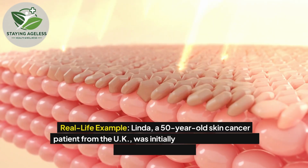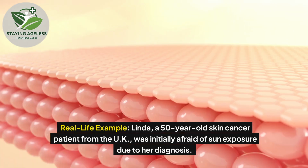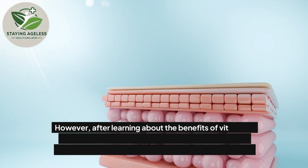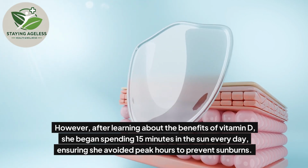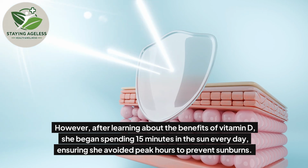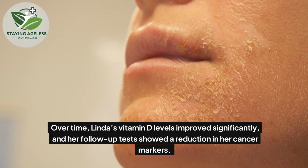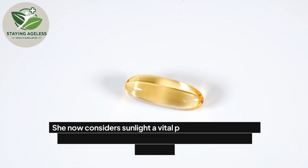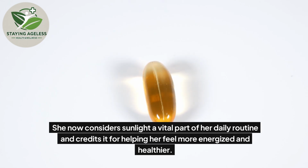Real-life example. Linda, a 50-year-old skin cancer patient from the UK, was initially afraid of sun exposure due to her diagnosis. However, after learning about the benefits of vitamin D, she began spending 15 minutes in the sun every day, ensuring she avoided peak hours to prevent sunburns. Over time, Linda's vitamin D levels improved significantly, and her follow-up tests showed a reduction in her cancer markers. She now considers sunlight a vital part of her daily routine and credits it for helping her feel more energized